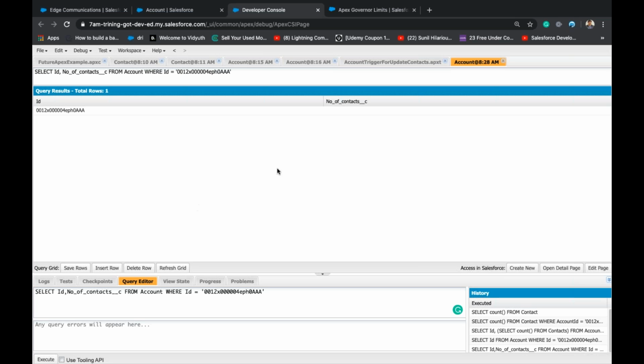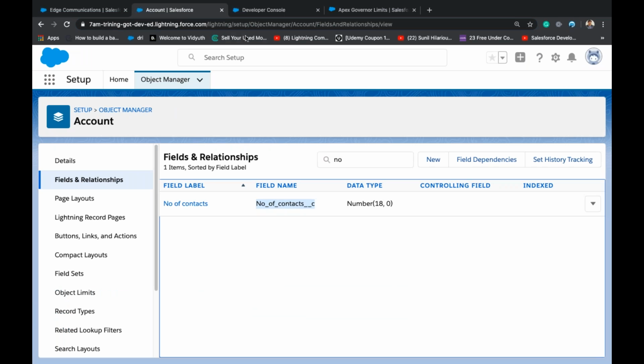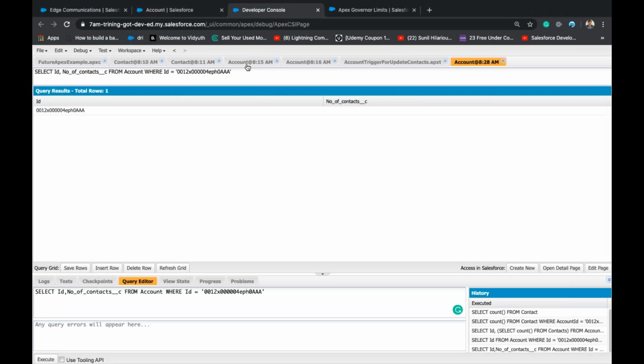I don't think it got executed. So I'll re-verify, I'll recheck and I'll see whether the trigger is not activated or something else.